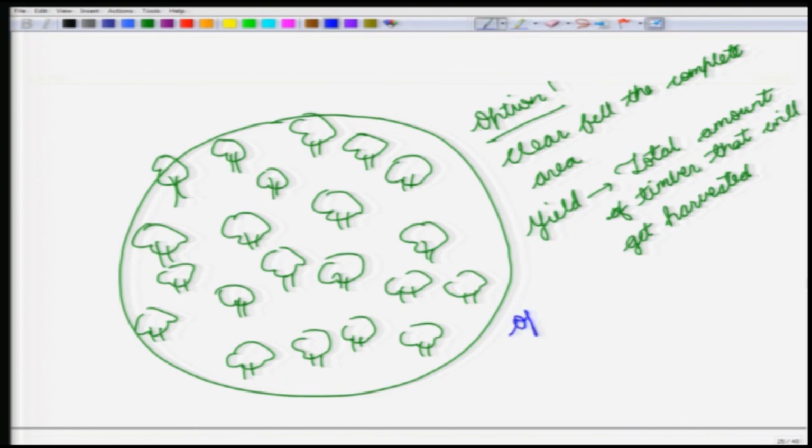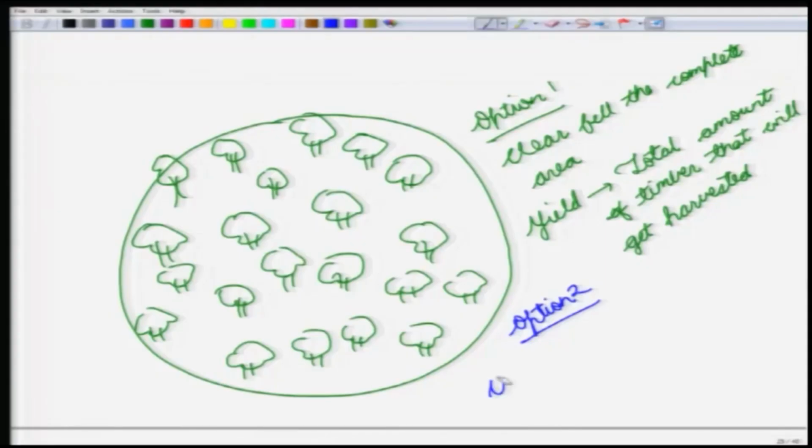So, we can look at option 2. Now, in option 2, the owner of this forest might say that I do not want all this timber right away, but then I have my own needs. So, like every year I require some timber for my own use, I require some timber that I can sell to the market and get some money. Now, if I wanted to manage this forest in such a manner that every year I should be getting some amount and this amount should be steady, it should be constant. So, in that case, how do I manage this forest?